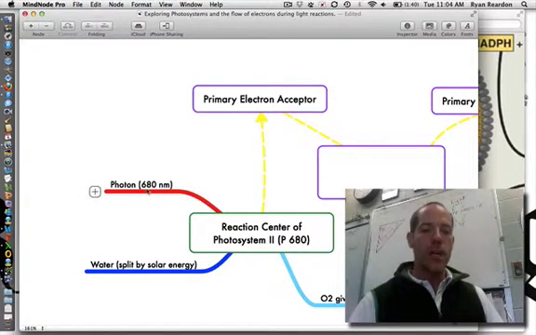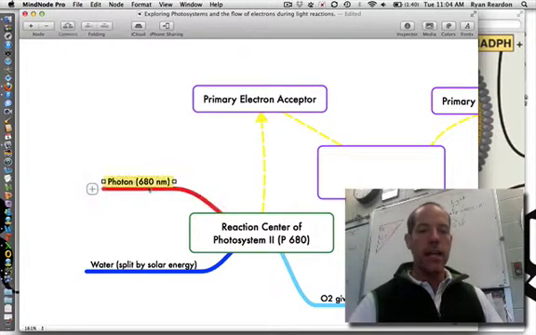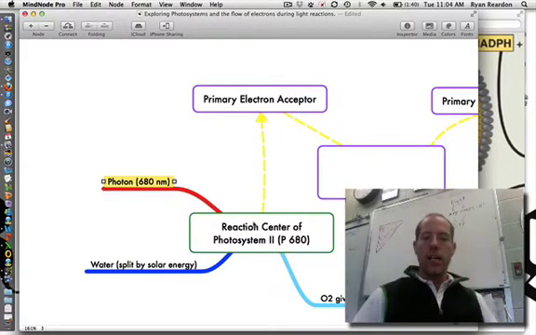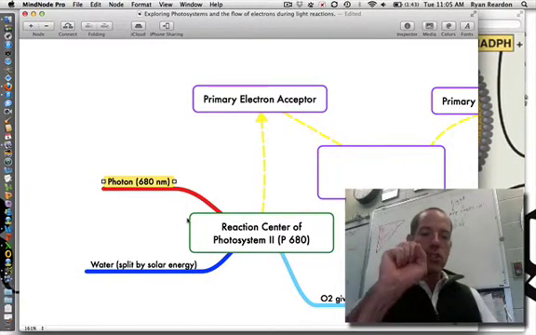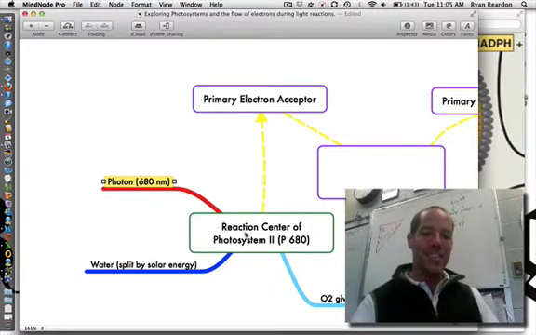When a photon of light at 680 nanometers strikes the reaction center of photosystem 2, that chlorophyll A molecule is oxidized. It loses an electron. That electron is replaced, you guys, by an electron from water. So here at photosystem 2, water enters the picture. The solar energy splits water into pieces. The electrons are boosted to the primary electron acceptor. The hydronium ions are released